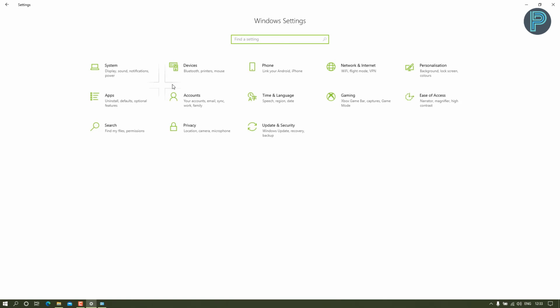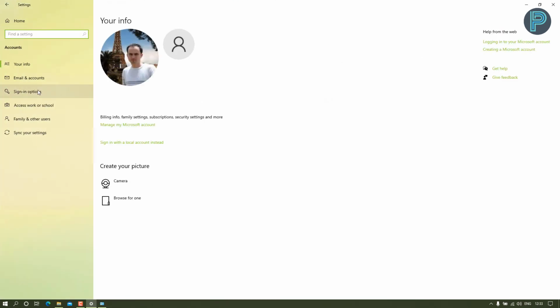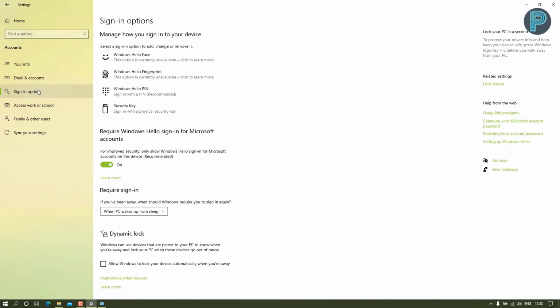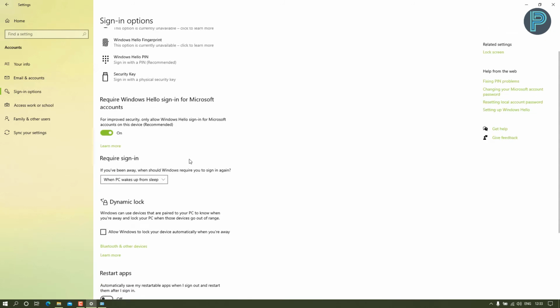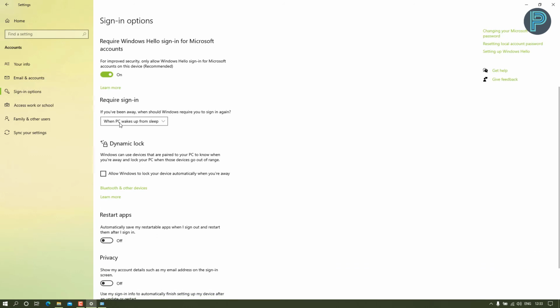Accounts and Sign-in. Going to the Accounts and Sign-in section of the Windows settings, we can find some new settings in the Sign-in options. Windows 10 lets you set up different methods for signing in to your PC, including a password, PIN, face and fingerprint unlock. Until now, the password option was always displayed on the lock screen in addition to other sign-in methods that you've set up. In Windows 10 2004,